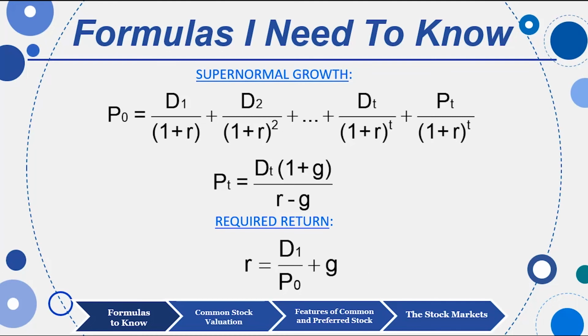And then finally, I can break up that equation directly above it into the components of required return, solving it for R. How do I solve for R? R is equal to D1 over P0. That's D0 times 1 plus G. And then solving for R in that equation, I just add G. So dividend yield, D1 over P0, plus G, the dividend growth rate, are the two components of required return. Again, thinking back to McDonald's stock, what do you require when you buy McDonald's stock? You want it to grow in price. That's G, capital appreciation. And you also want that stock to pay you a dividend or have a dividend yield, D1 over P0.